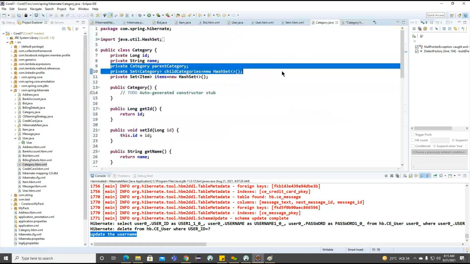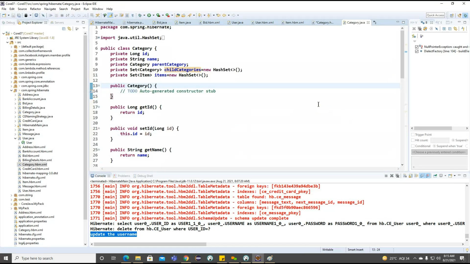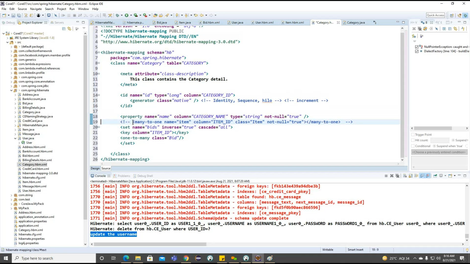What properties do we have inside this category? Only one property, called name, and we can change it here to the name of this category. Category name, string, it is not null, and we can delete this particular property, and we'll keep this particular many-to-one.